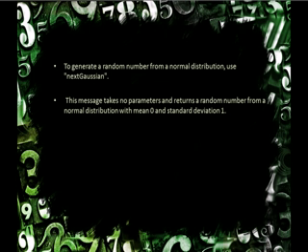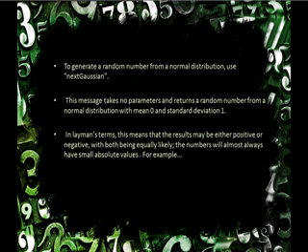deviation 1. In layman's terms, this means that the result may be either positive or negative, with both being equally likely. The numbers will almost always have small absolute values. For example,